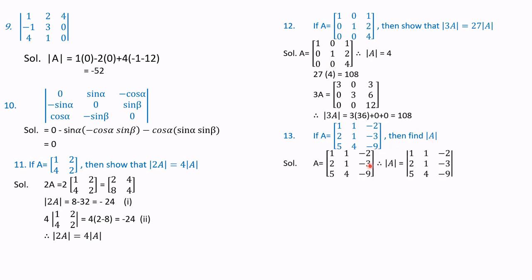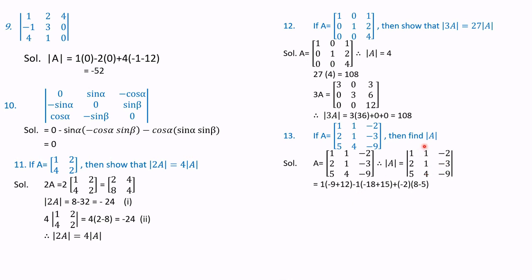The determinant of A is, we have to write the given matrix as it is. Therefore, the determinant of A is 1, minus 2, 2; 1, minus 3, 5; 4, minus 3. So we have written it between two parallel vertical lines. Therefore, this is 1 into minus 9. 1 into minus 9 is minus 9. Minus of minus is plus. 3 into 4 is 12. So the next item is minus.